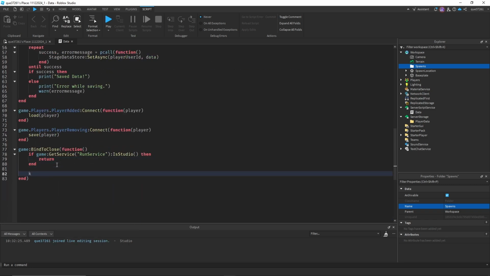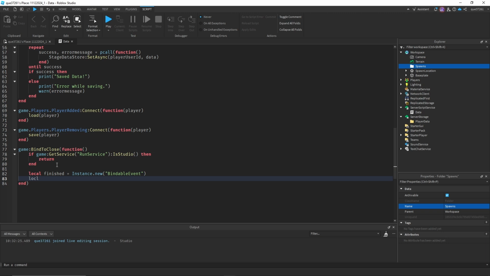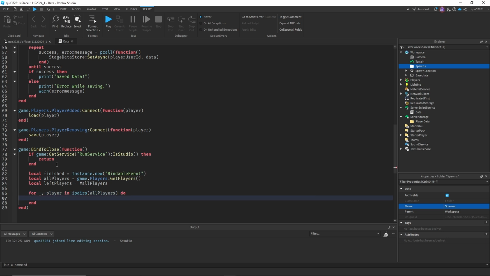Then if it isn't studio, we'll say local finish. We can do finished equals Instance.new BindableEvent. Local allPlayers equals game.Players:GetPlayers(), and we'll do local leftPlayers equals number of allPlayers. We'll do for _, player in ipairs(allPlayers) do